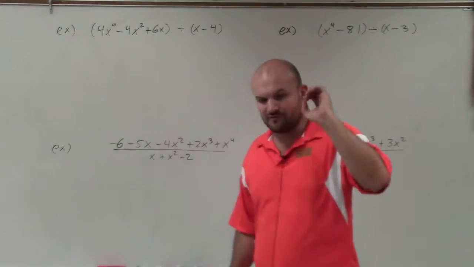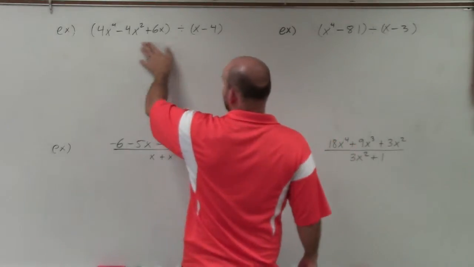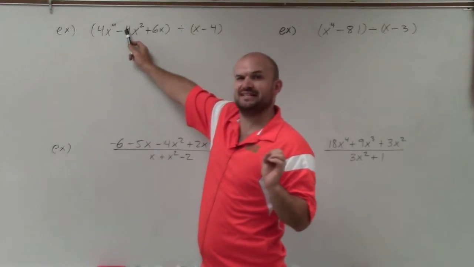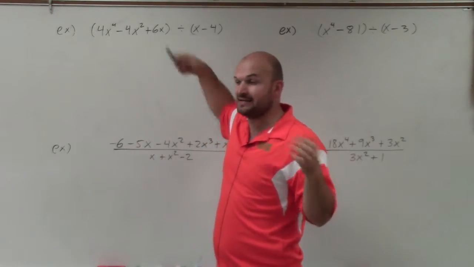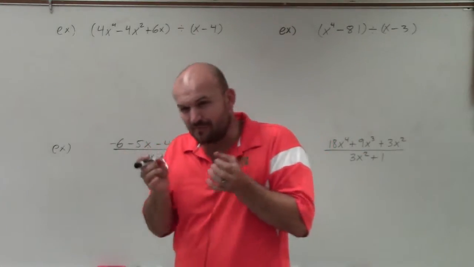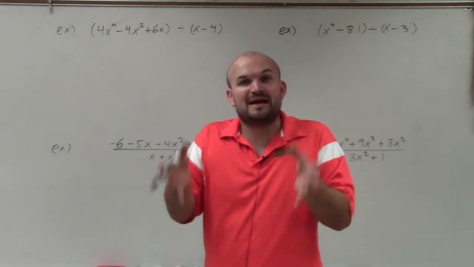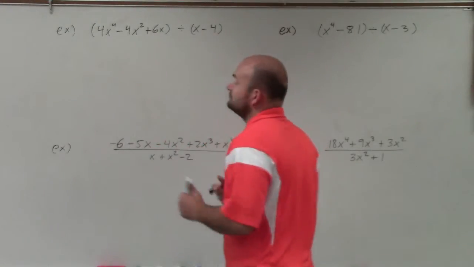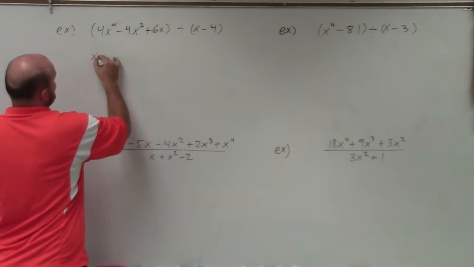Whenever we're doing that, the first thing we always want to do is make sure it's in descending order. You can see in this first problem, we have everything in descending order. But the issue comes in when putting it in descending order, you see we're missing a spot, right? We're missing x cubed. We're also missing our constant at the end. So when I rewrite this in my quotient, you don't have to do this, but I think it's very helpful when you're first learning how to do long division to fill those in with our variables. So if I was going to rewrite this as the division quotient, I would rewrite this as x minus 4